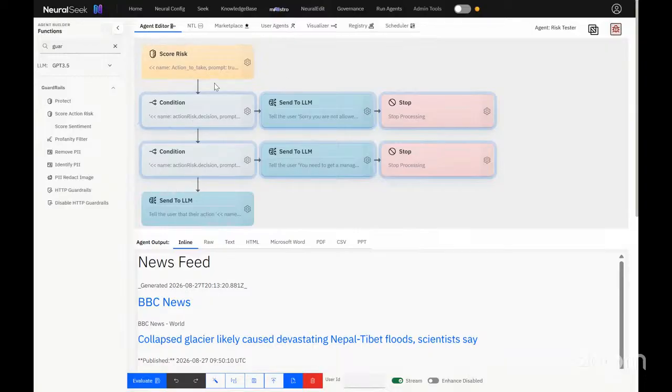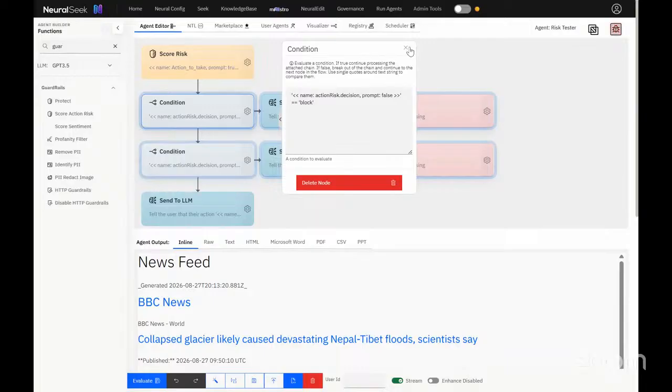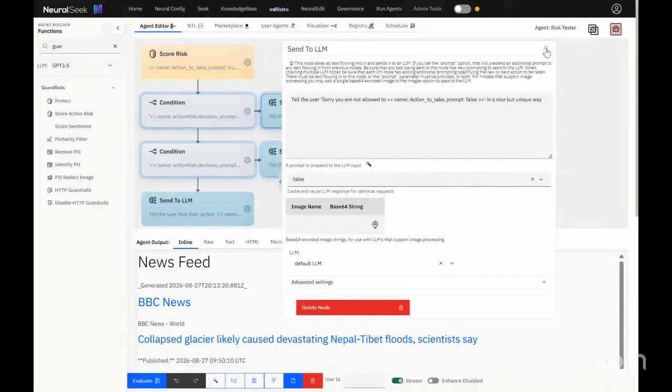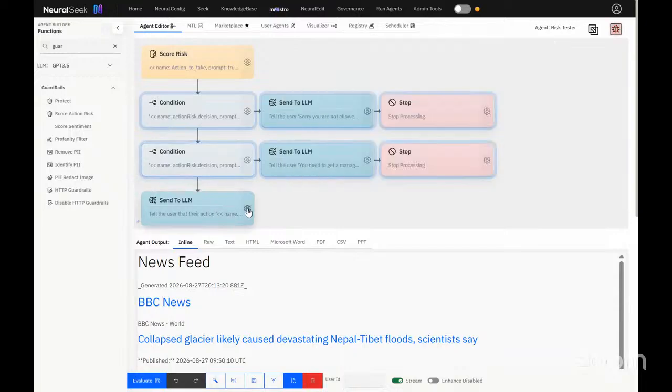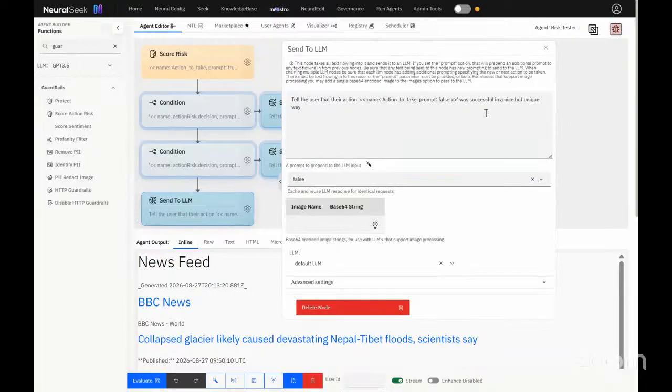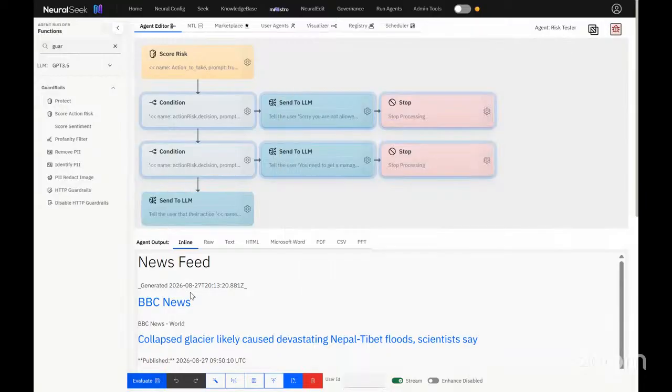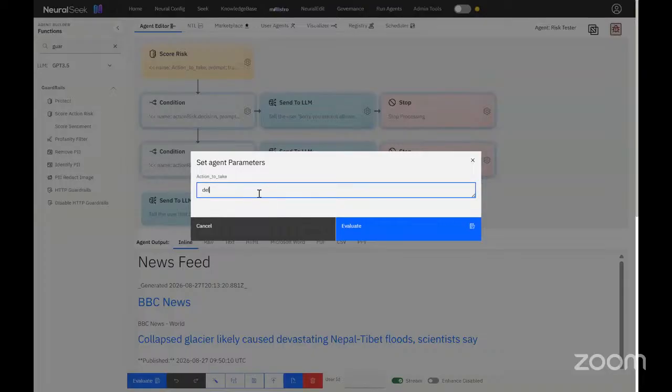In summary, what this agent is doing for us is evaluating our user prompt and the risk of that user prompt based off of my certain permission levels of my user on my account, and then making decisions on this pipeline. So do we need to completely block this decision? And how do we tell the user that? Do we need to prompt the user that this decision requires human review and get an LLM to generate a good response for us to notify the user, which would be me? Or do we need to say that this action is able to be successfully taken with no risk indicated? So maybe I need to